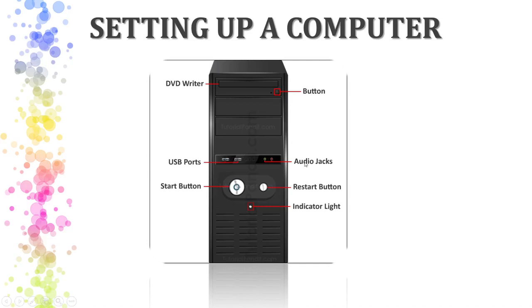Now you can see here the audio jack. Here the blue color circle and the green color circle. You can see both these circles. They are audio jacks. What? Audio jacks. Audio means what? Voice, anything that we can listen to, right? Audio. We are speaking, you are listening, so you are listening to the audio and I am speaking the audio. So the audio jack has two ports, green and pink. One is for output and one is for input. These both are used for audio listening and speaking.